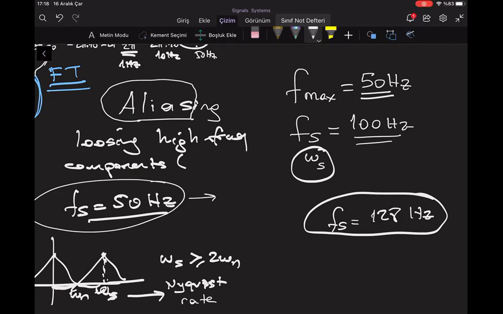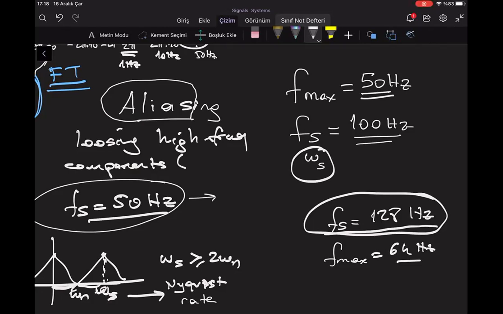What do you mean by assumption, hocam? If I choose this FS, what should I accept? 64. So I should say that F max is 64. That means I can only sample frequencies up to 64 hertz. I cannot go and sample 100 hertz brain